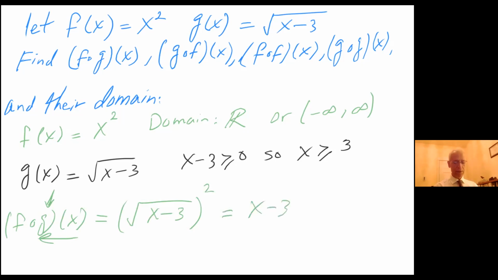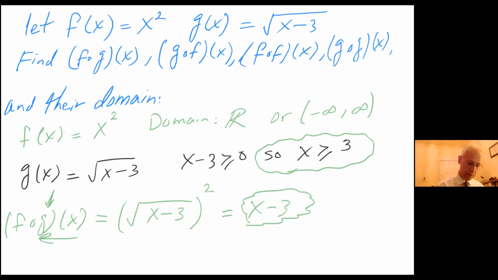Okay. So x minus 3 itself doesn't have any restriction for the domain, but I must be mindful of the inner function, in this case, g. So remember that g had a restriction, that x had to be greater than or equal to 3. So the domain of f of g of x is, okay,